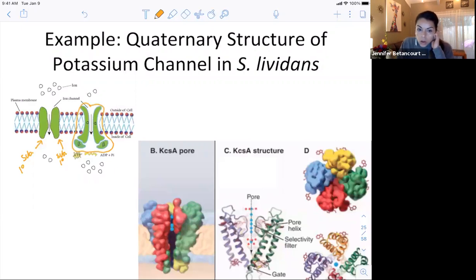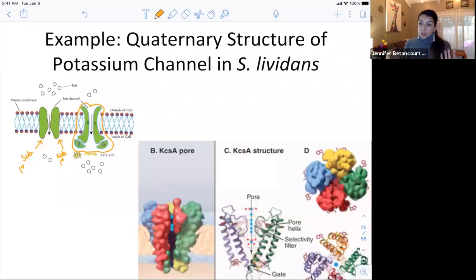It's just an example that a lot of the protein channels or ion channels in our membrane really are examples of individual subunits, and they only come together when they see, oh, it's time for us to go to work. So here we are living in the phospholipid bilayer, but look at all those ions we've got to let in. All right, time to link up, time to form the actual channel,